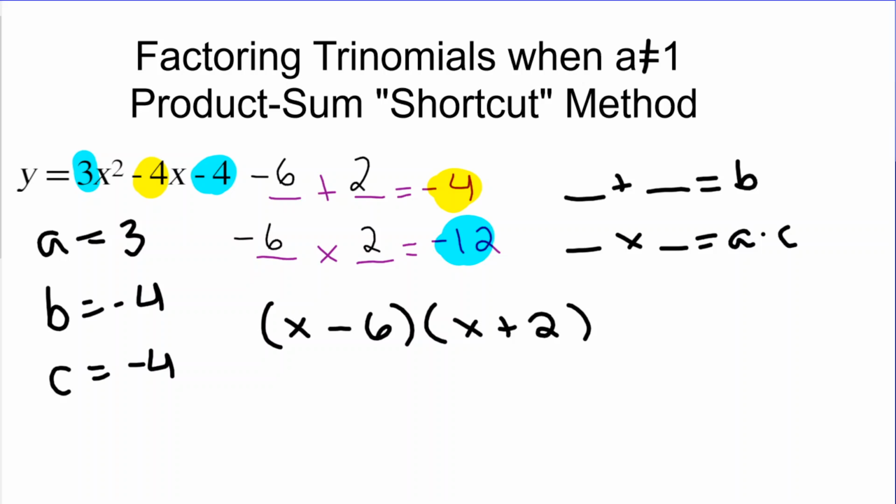Note that this is not equivalent to what we started with. If I was to expand this out, I would be getting an x squared instead of a 3x squared. I would have minus 4x in the middle, but then I'd get a -12 instead of a -4. We found these numbers by making that a times c value bigger. So now we need to undo that fact. I multiplied by 3. I did -4 times 3 to make this number here. This is 3 times bigger than it should be,